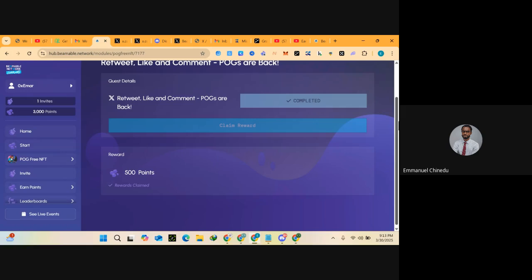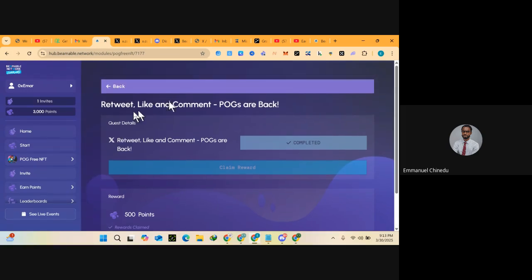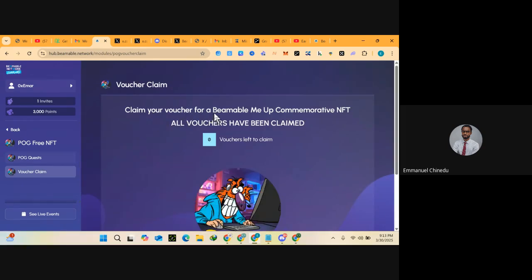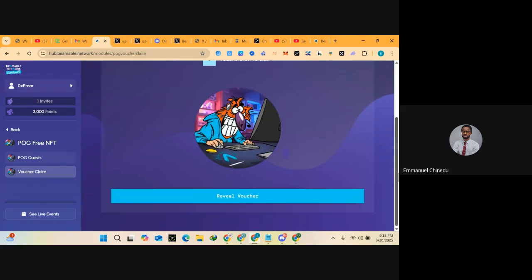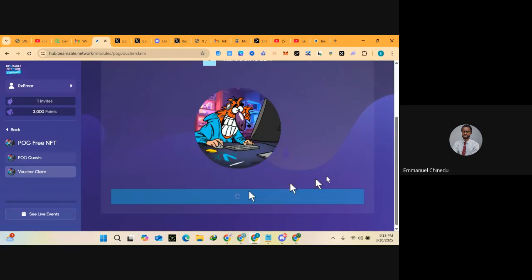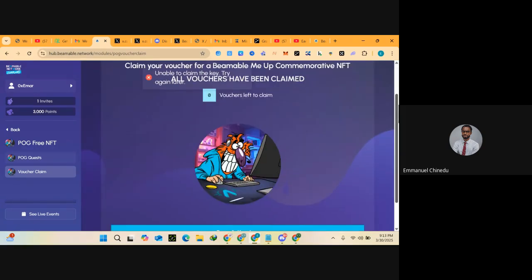Now, what else? So if you finished here, let's see, mint the NFT. Let me claim voucher. Go to claim voucher. Claim your voucher for BEAMABLE Me Up commemorative NFT. All vouchers have been, people have claimed all of the vouchers. Ouch. Unable to claim. Try again. All vouchers claimed, so unable to get the NFT. That's a bummer. But then,